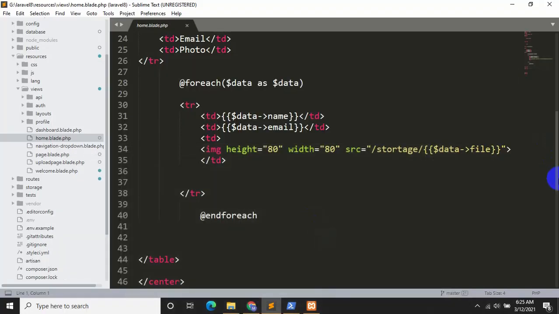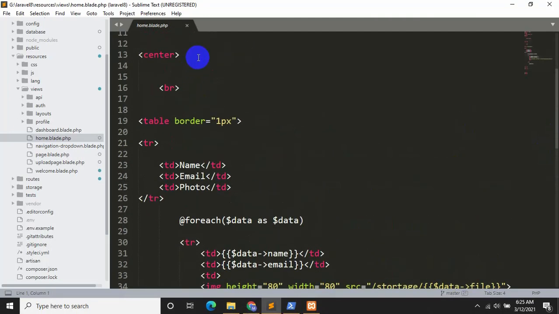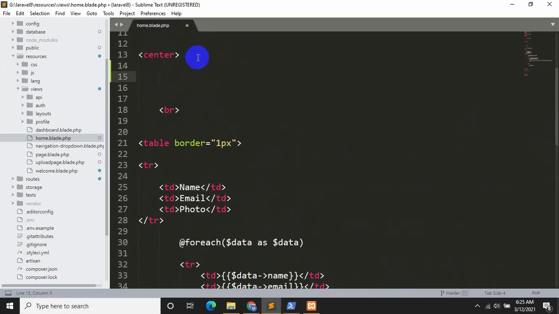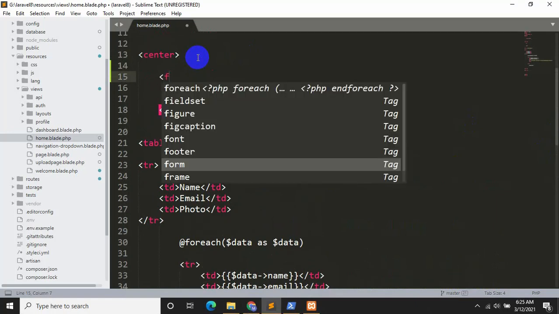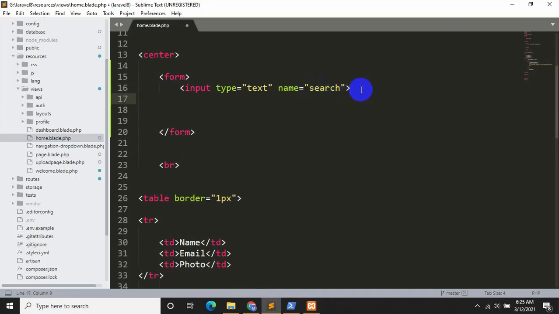So let's create a search option over here. I will keep the search option inside the form. Let's say the input type will be text and the name will be search, and then we will have a submit button.